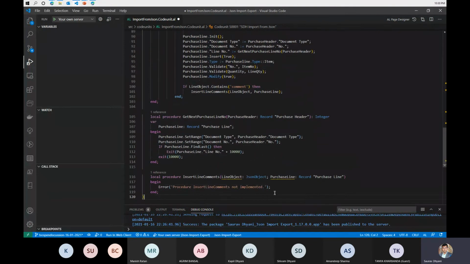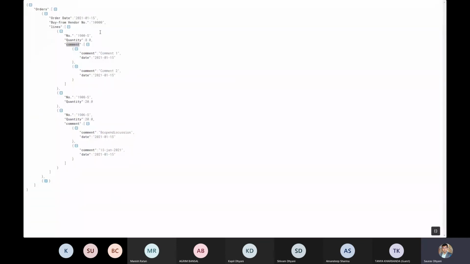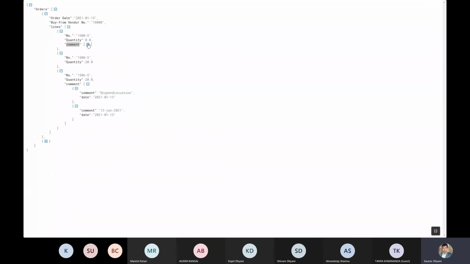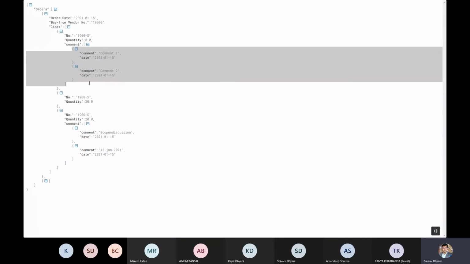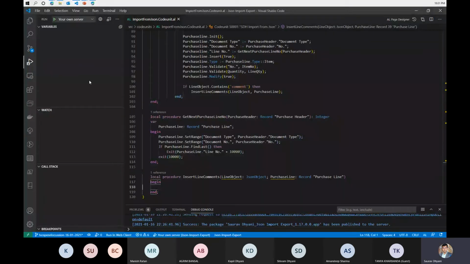Okay, coming back here, we'll have to follow the same practices, and the reason is super simple because it also follows the same structure. Inside a comment array, which is this array, there can be one or more objects, and each object will contain a comment and a date. So we will follow the same thing that we did last time, which is, at this point, if my line object contains, which I've already done more or less, but just to double check it, this point